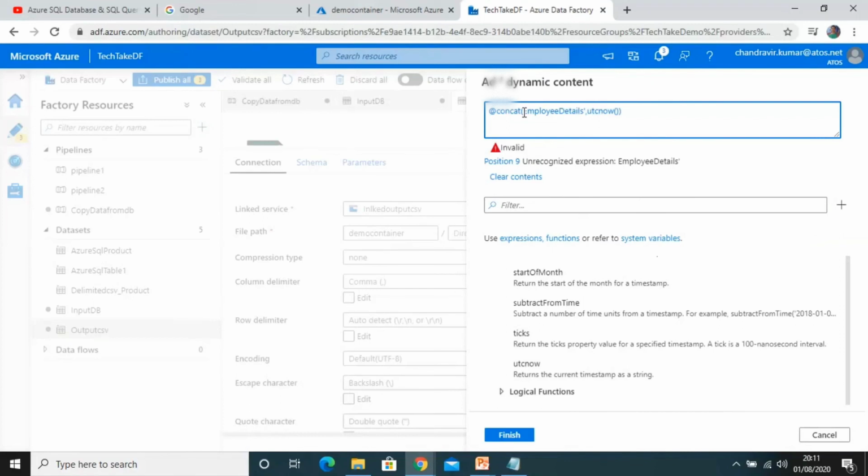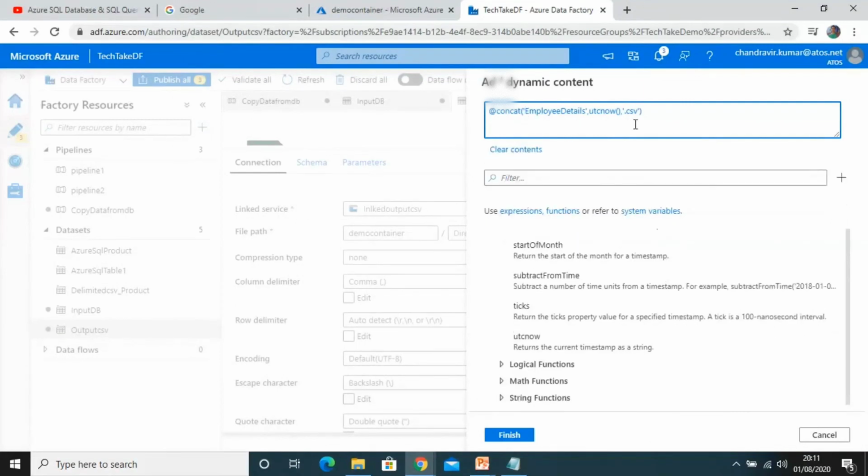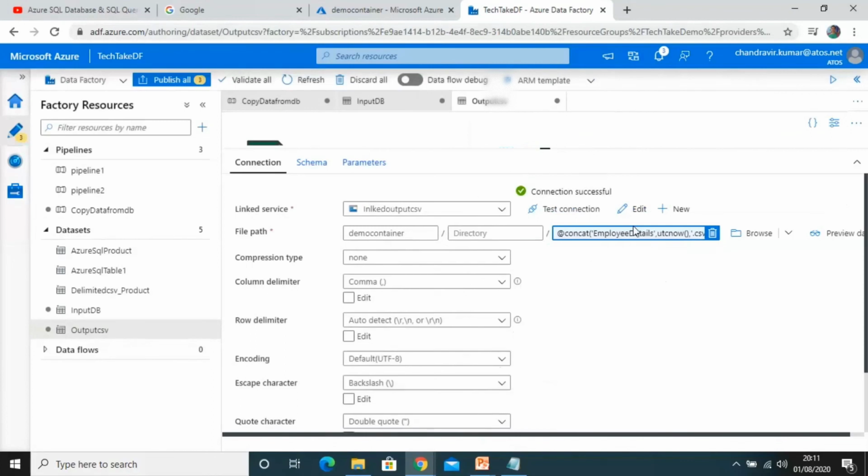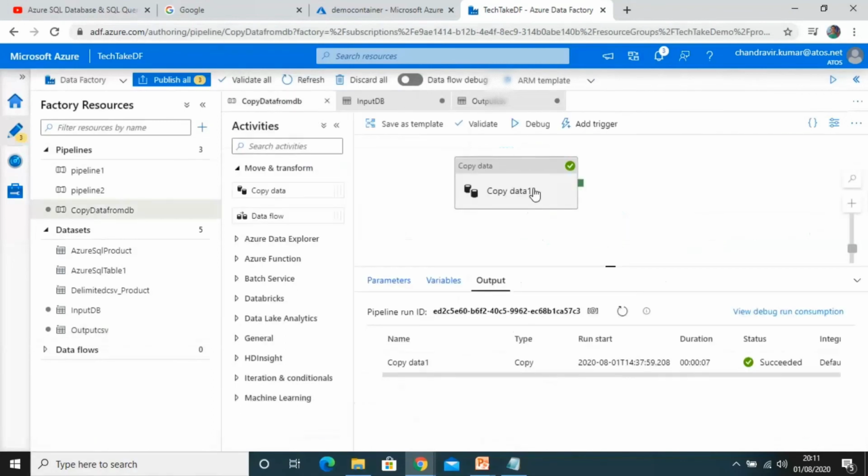This is the get date expression. You can see it here in the expression window, and in the end we must put the CSV extension. So this way, this is our new dynamic file name parameter created. Now hit the debug button.